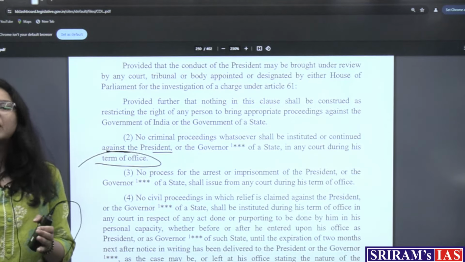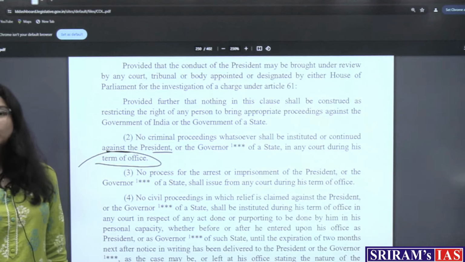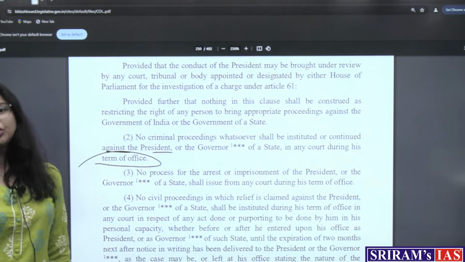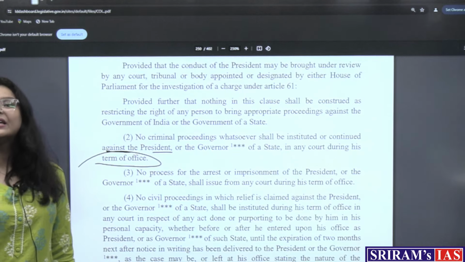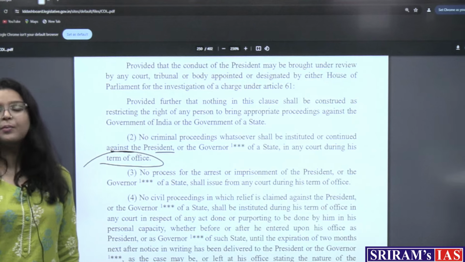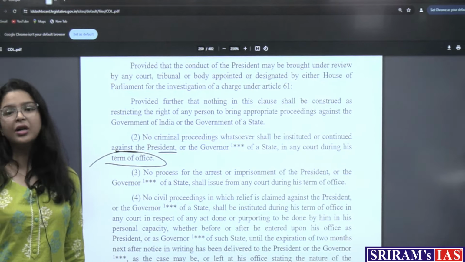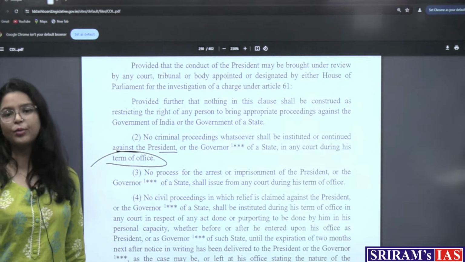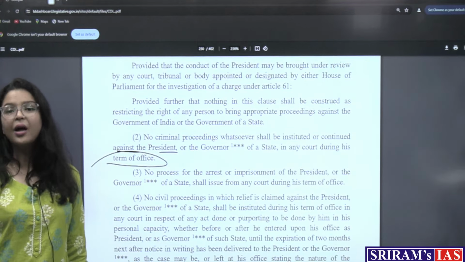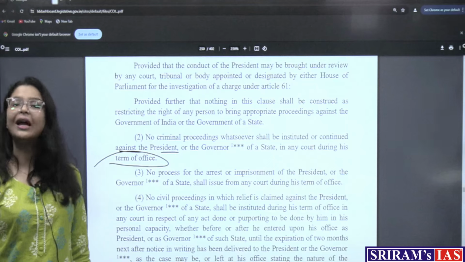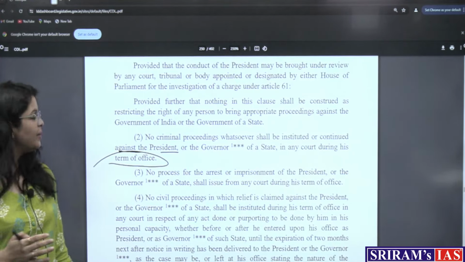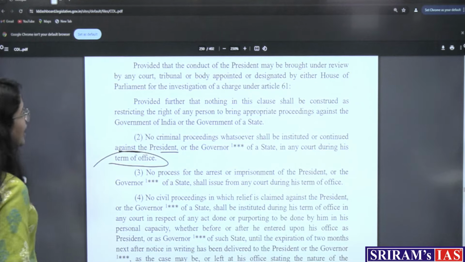So basically the plea is asking the Supreme Court to identify what exactly amounts to institution of a criminal proceeding, whether it is registering of an FIR or whether it is the magistrate taking cognizance of the same. Okay, so this has to be clarified before the Honorable Supreme Court of India. The Supreme Court is going to answer this question. Moving further in our discussion,